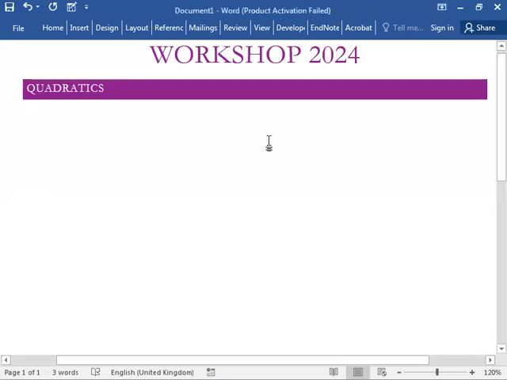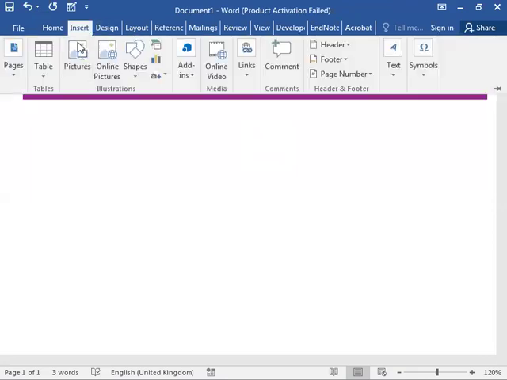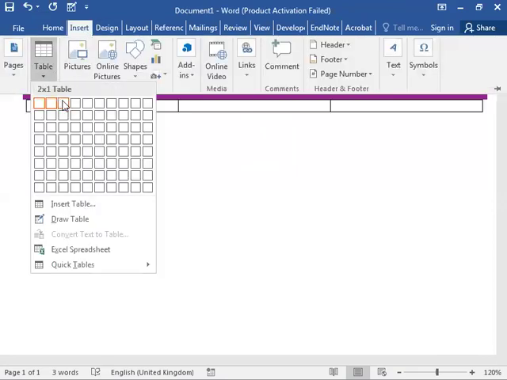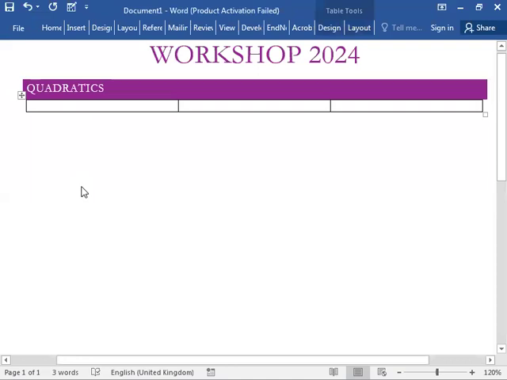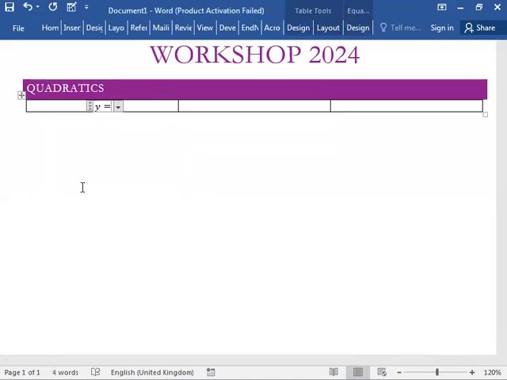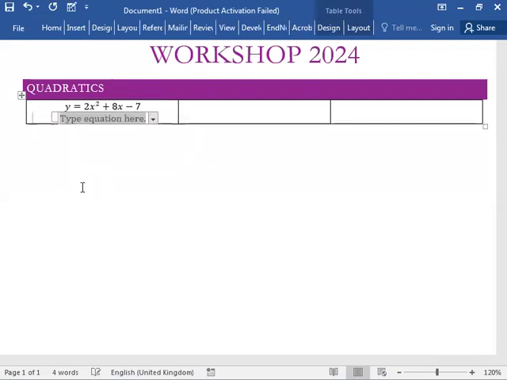Let's start with quadratics. Okay, कुछ basic. Let's have a look at some basic things for quadratics. Quadratics की एक form is completing the square form. Is that right? If we are provided with 2x square plus 8x minus 7 and we are asked to complete